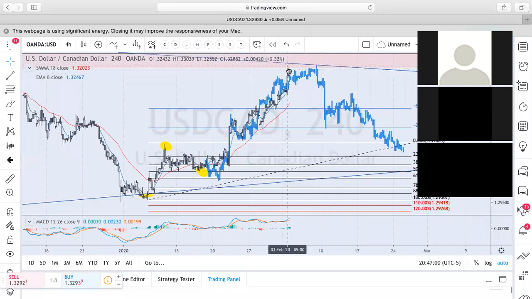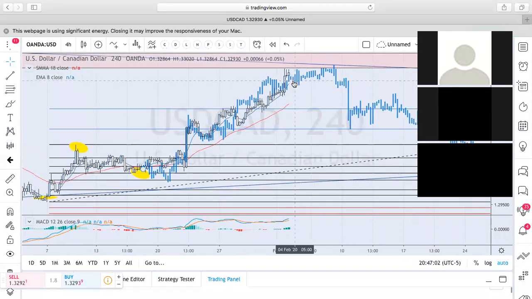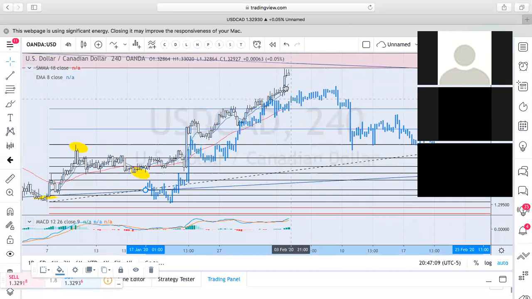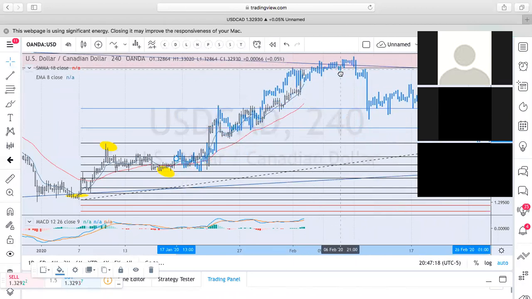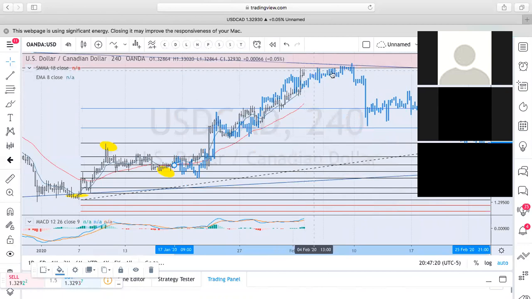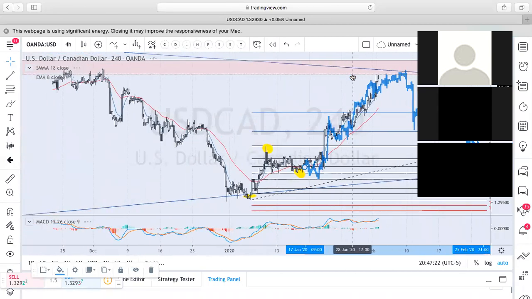So now I'm going to wait. We can already see this is a 4 hour, and there's already been a lot of candlestick exhaustion. But the last main candle that was drawn was very, very bullish. So I could see this consolidating a while here, and then I'm definitely looking for a drop, like 100%